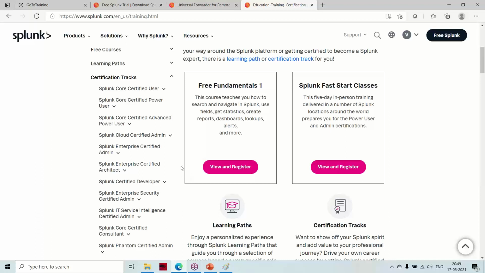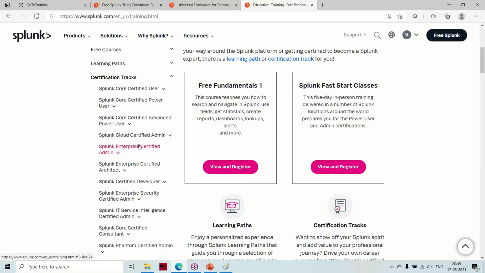They will only maintain it, you just have to pay. And this is the Splunk admin. As I told you, the admin is the person who will be maintaining those multiple components. And security people will be having separate certifications.